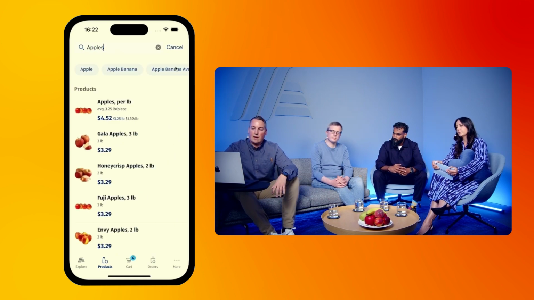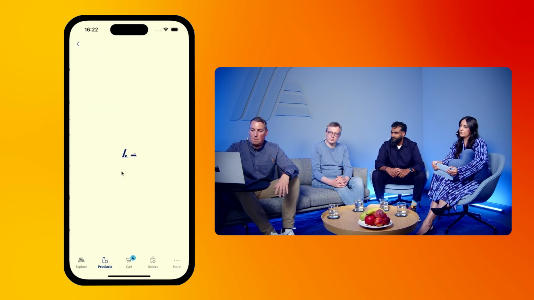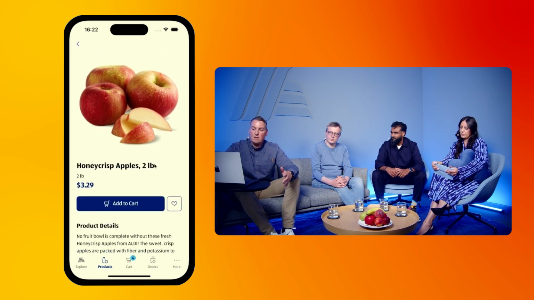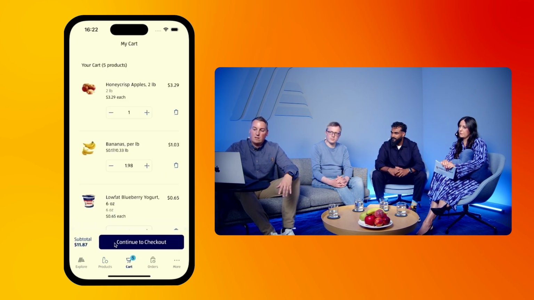If I search for apples, I get another screen with search suggestions. So here I can search for other terms that are suggested from the backend, or I can drill into some of these suggested products. In this case, let's go with these apples. If I click on it, I see a product details page with product images, product description, and also prices. And here I can also add an item to the cart. Next step in the user journey would then be to go to the shopping cart and continue to the checkout. This is a prod system.